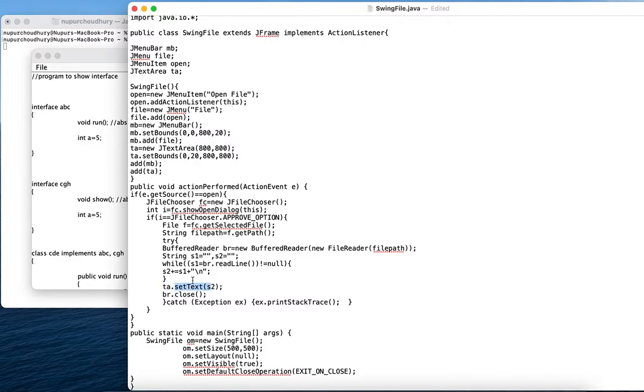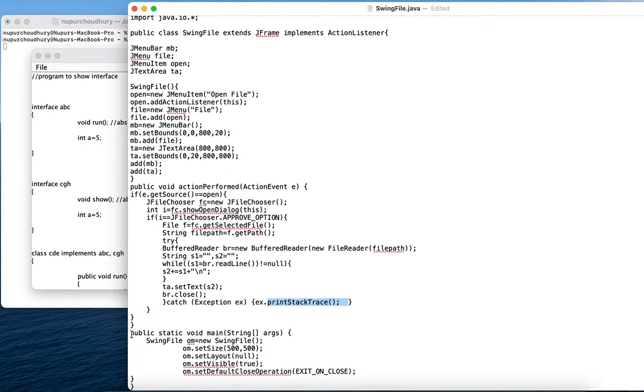Then we will simply close the object which we used for the BufferedReader class. And finally we will catch the exception by just printing the stack trace, that means we will be printing the details of the exception if any occurs.